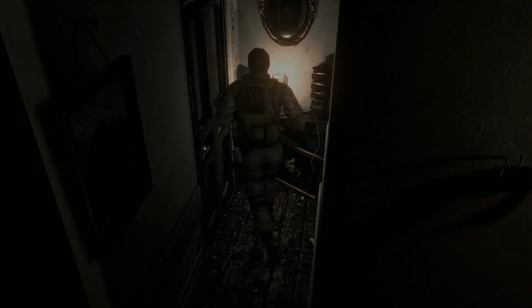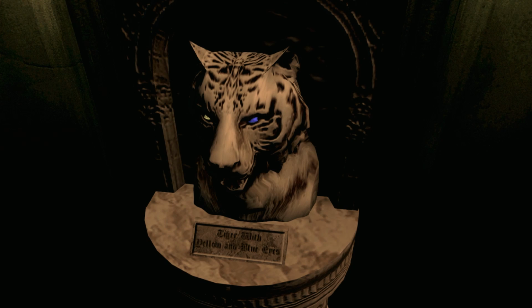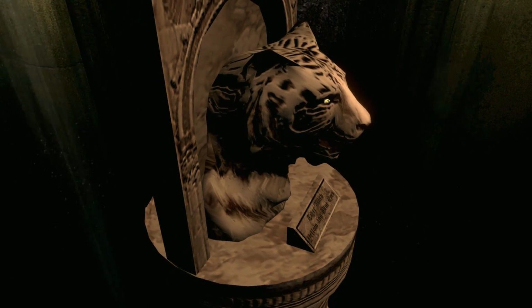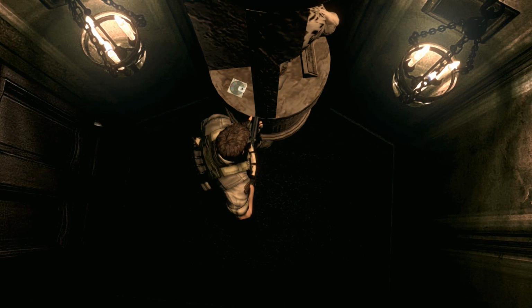Wow, that zombie was a tank. 2 headshots. The zombie had more health than a Crimson Head. Did George Trevor just have a thing for tigers or whatever? I mean, tigers are cool. I mean, yeah, they are, but...